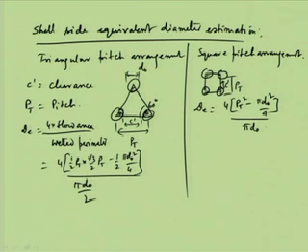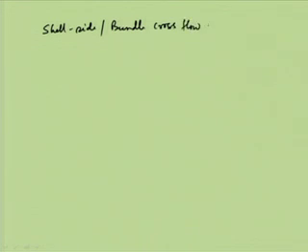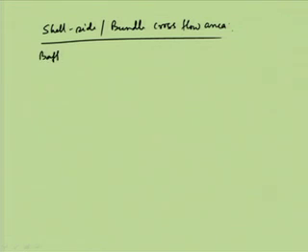Another point that should be known is the shell side or tube bundle cross flow area. Bundle means tube bundle, cross flow area. What happens is that, because of the presence of the baffles, in a shell and tube heat exchanger, with the tube bundles, tubes are placed like this and you have the baffles at different locations. The flow comes like this and then goes up like this. So, this is a cross flow kind of thing happening.